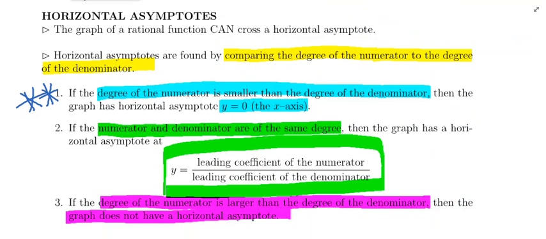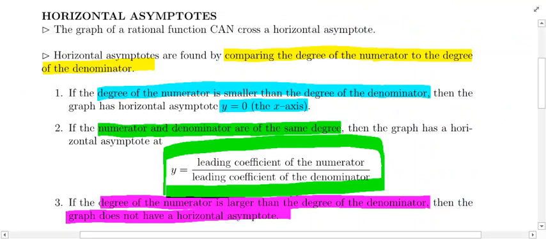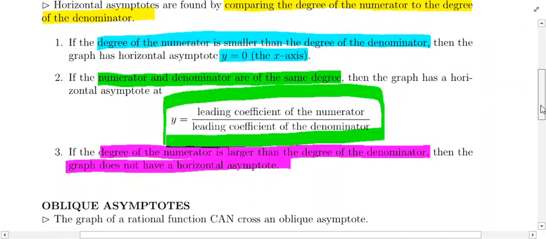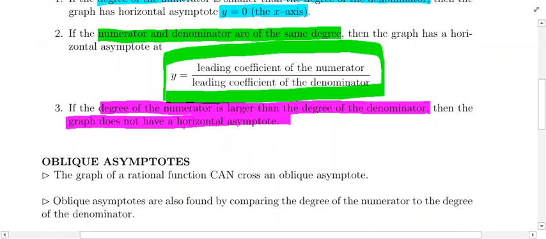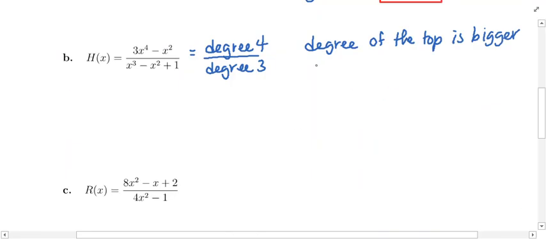Okay, so if we look under horizontal asymptotes, we're looking for, we have numerator is smaller. Step 2 here is when the numerator and denominator have the same degree. That's not what's going on here. In the purple, if the degree of the numerator is bigger than the degree of the denominator, which is what we have here, we can conclude there's no horizontal asymptote. So I'm going to come back over here. We know that there is no horizontal asymptote,